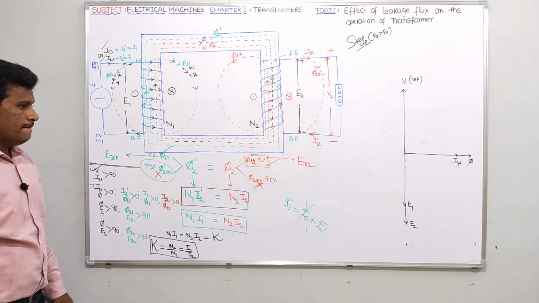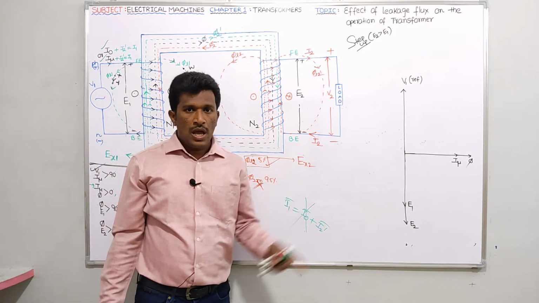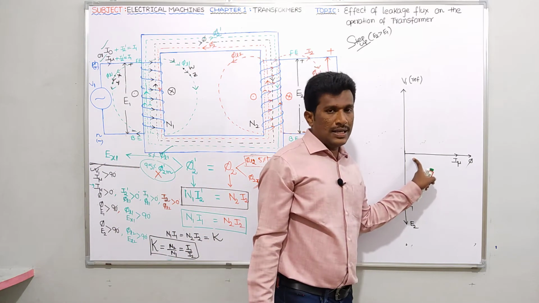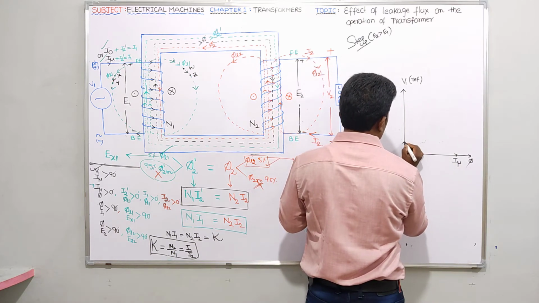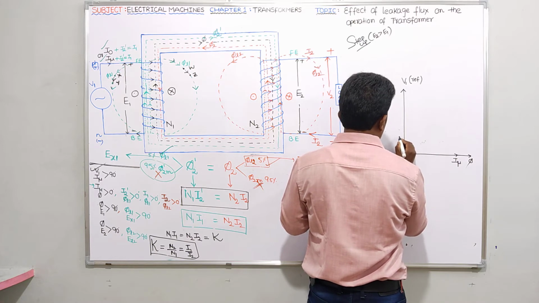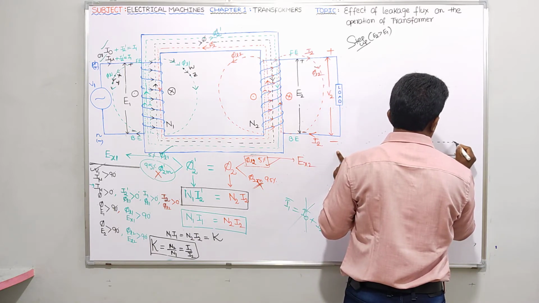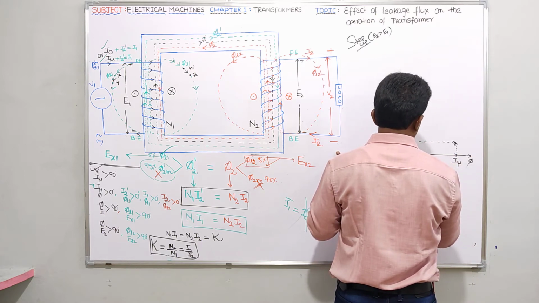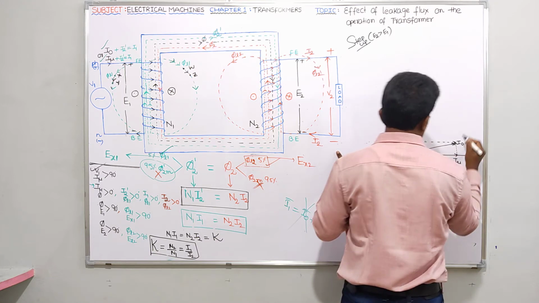Okay. Now, here one more thing is there. If you observe clearly, I can show IW also. IW will be in phase with V1. This was already explained. IW will be less than IMU. So if the IMU vector is this much, IW, which is less than IMU, will be showing here. The vector sum of IW and IMU gives you what here? I naught. This is the I naught vector.